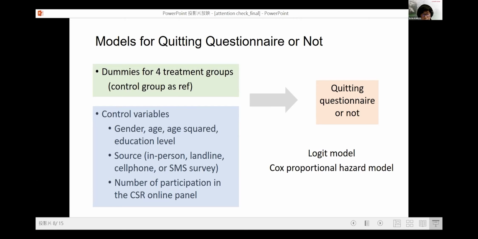And the control variables include respondents' gender, age squared, education level, source of becoming a member, including from in-person, landline, cell phone, or SMS survey, and number of participations in the CSR online panel. We use the logit model and also the Cox proportional hazard model to analyze the effects of attention checks on the chance of dropping out of the questionnaire.